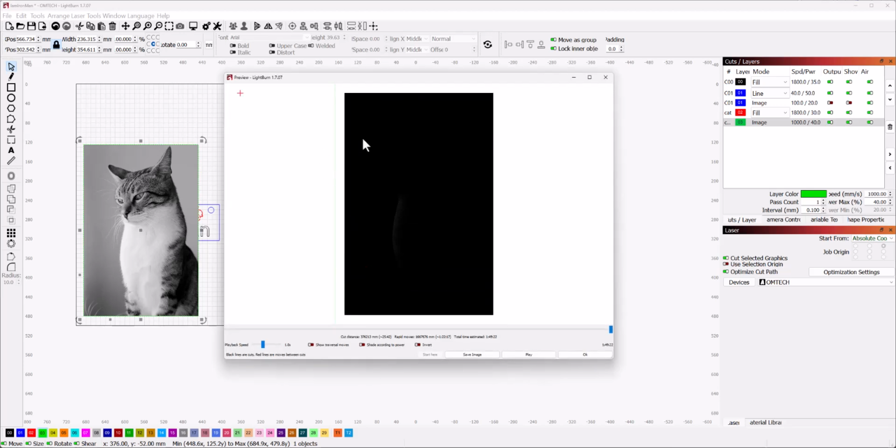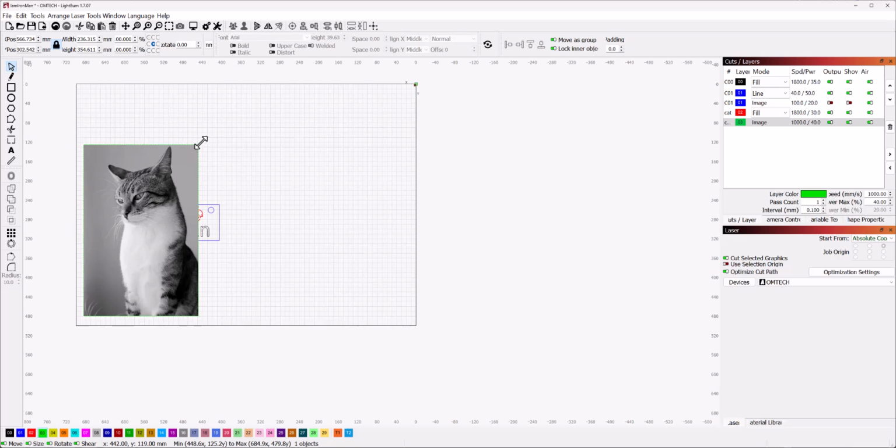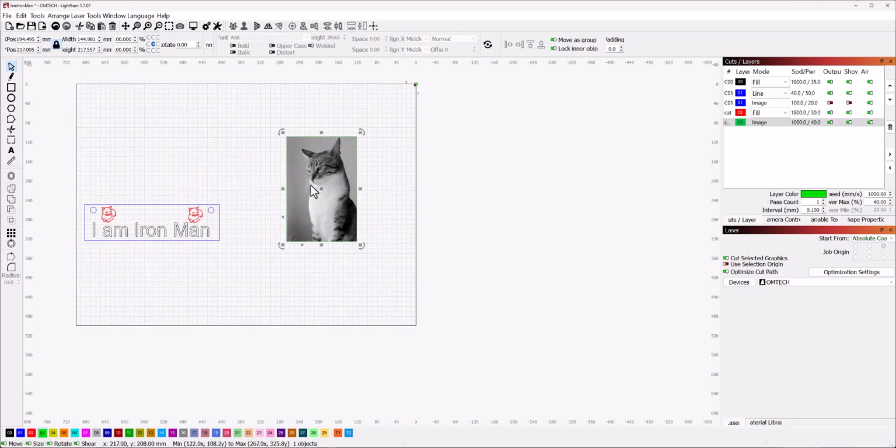All right, so if I make this image really big and I preview it, the preview isn't very great, but notice it's going to take 1 hour and 49 minutes, right? So it's going to be slow. So you want to make sure you get your settings right. Okay. Now,